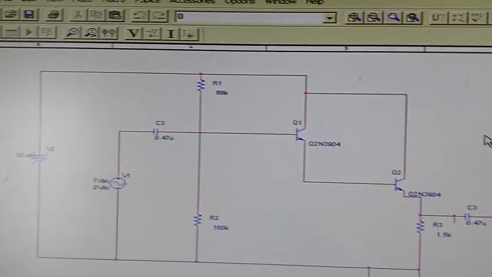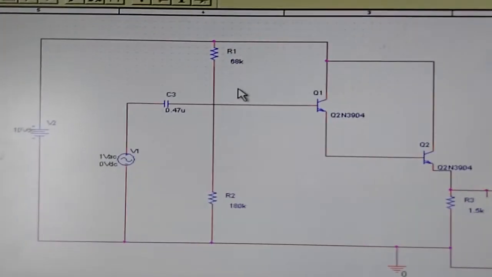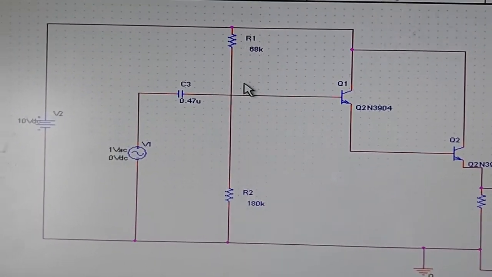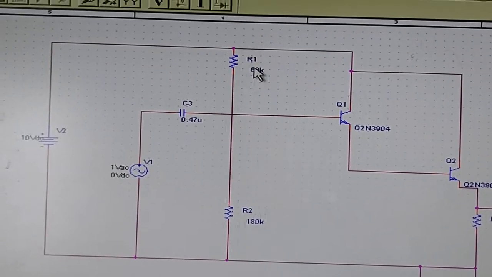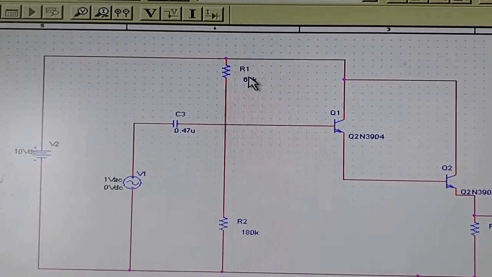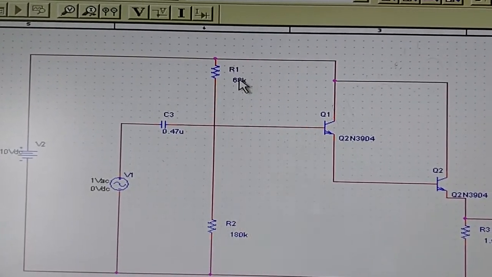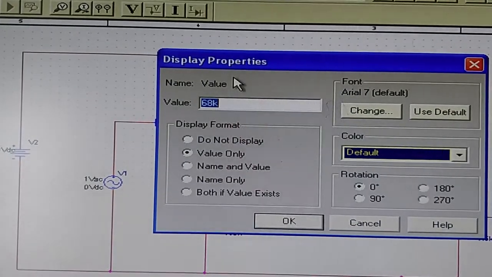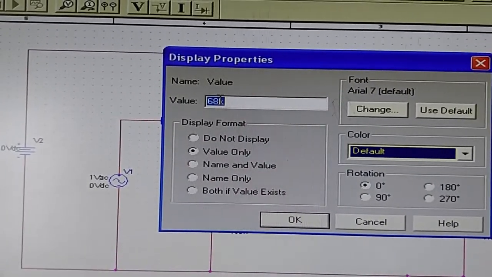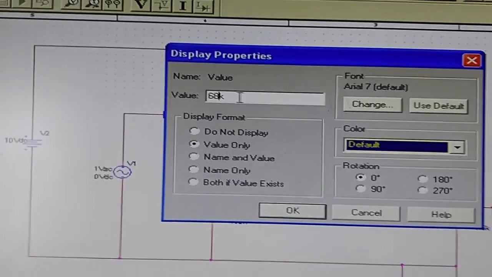Further, once these connections are done, we double click on these values. Just double click on the numbers given here. I'll just show you an example. Double click on this value. You have the option to type in the exact value of the resistance that you want.